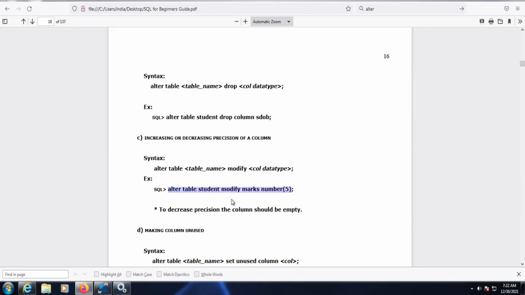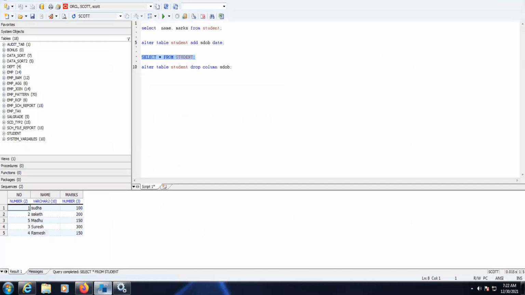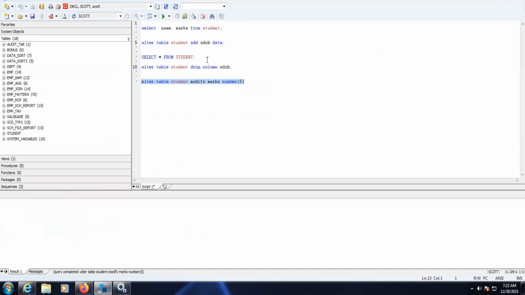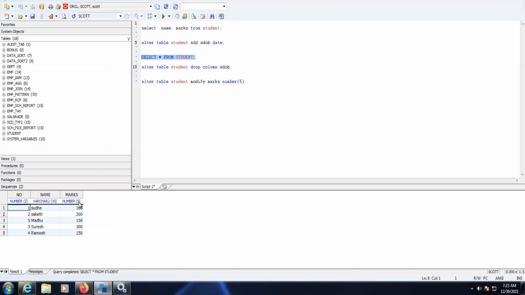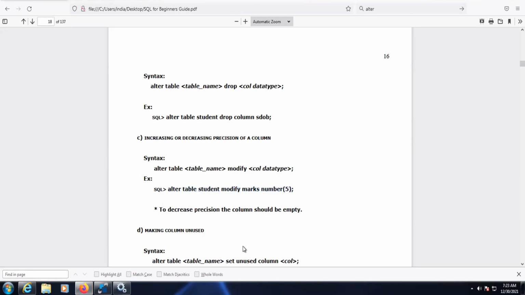Here the table name is student, and you need to use modify and the data type and the number. Here student uses 3, right? So I'm using number 5. Okay, so modify. Now let's see this. Earlier it was 3, now it is 5. So like that it will change.